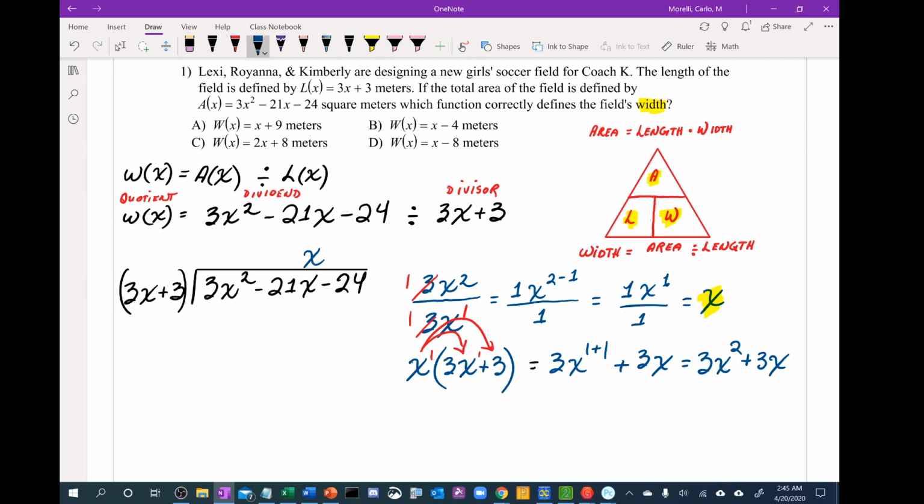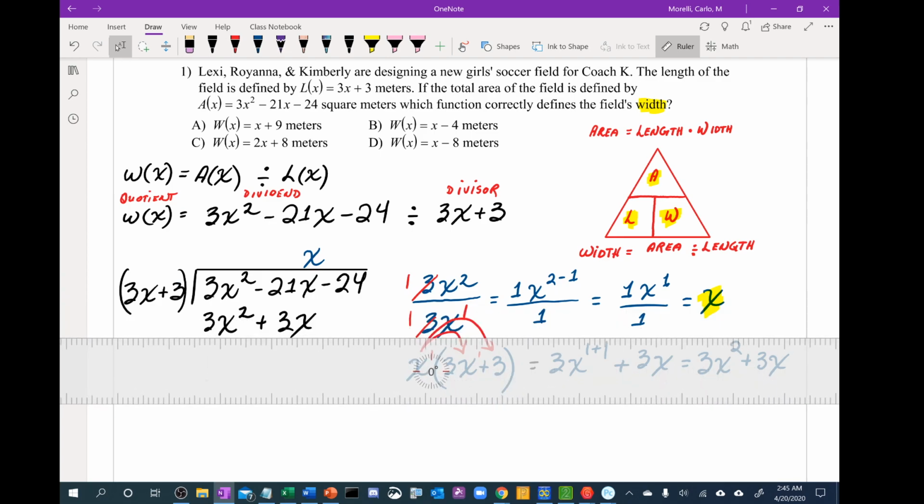Now, this term here gets written right here. You're going to write that term right there, directly beneath the matching dividend term. So we're going to write 3x squared plus 3x. And now we're going to draw a line